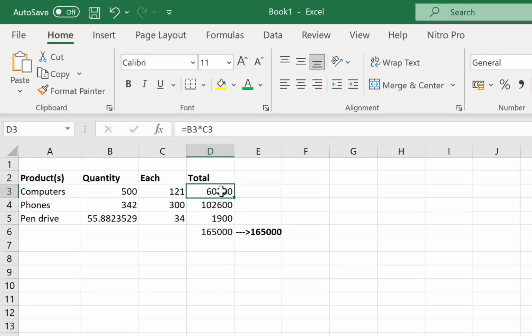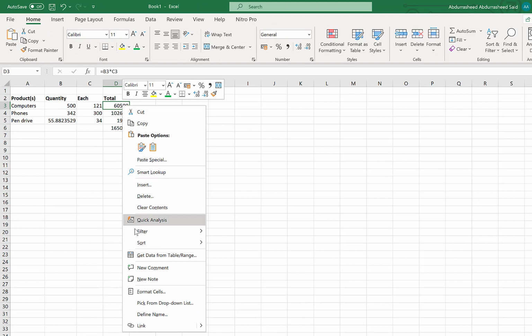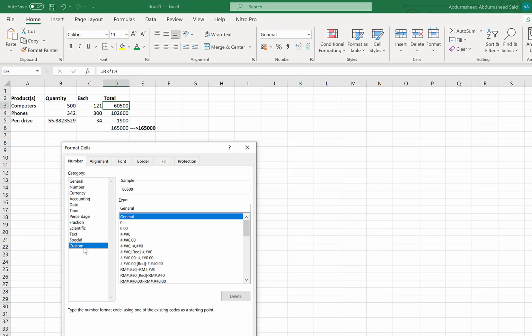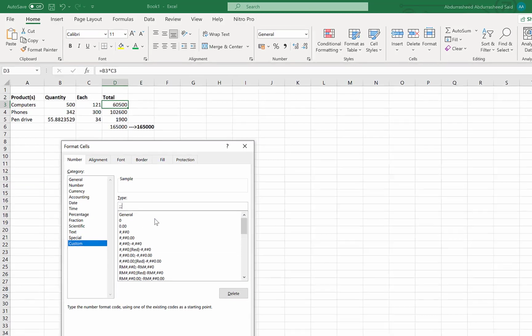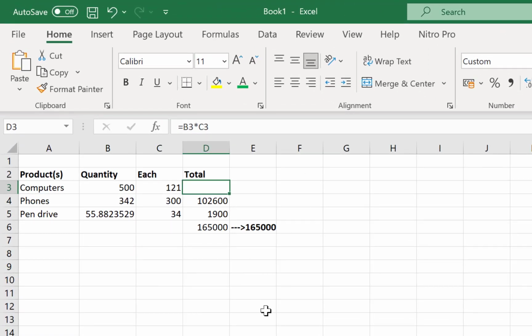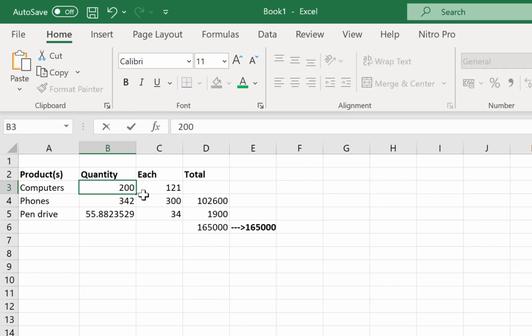All you need to do is to right click on it and come down to format cells, and you come to custom, and then at this general point you can put 3 semicolons. You hit OK, and that particular cell is hidden. It's not going to be visible even though the operation is still active. So if I change this to 200, you will still find the same product down here effective,